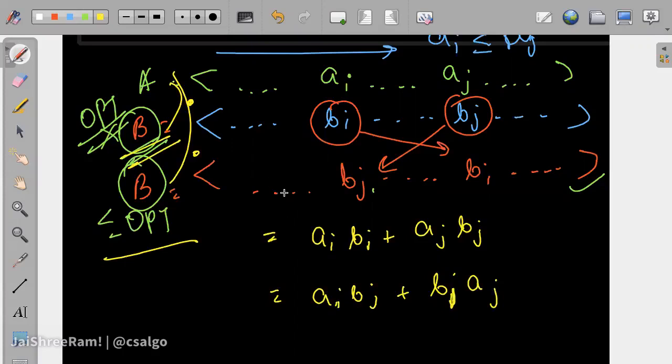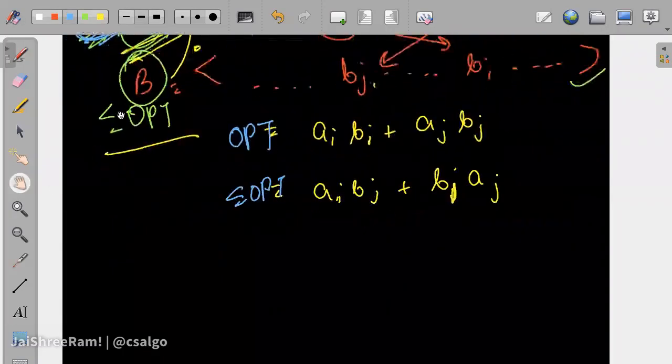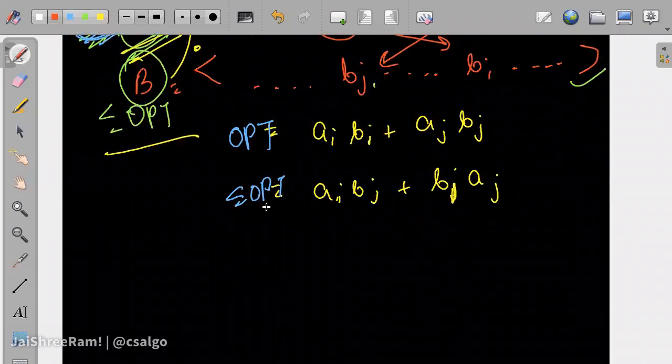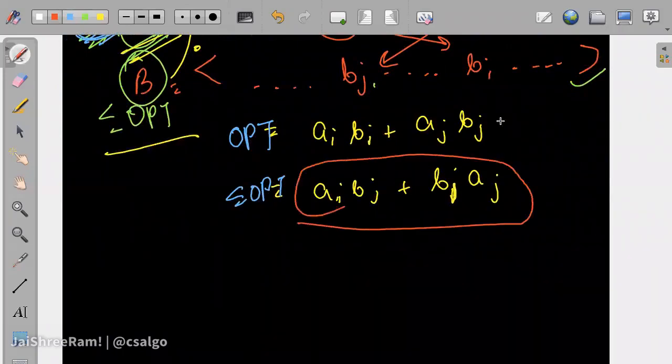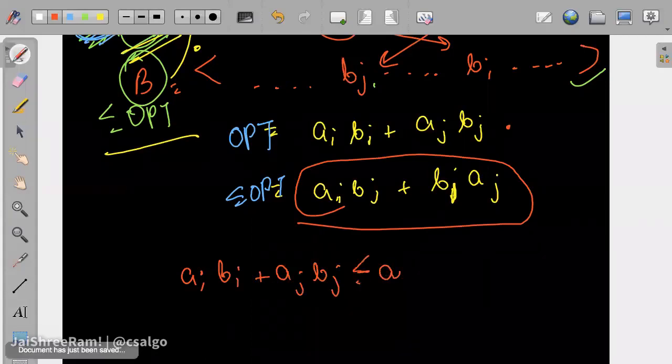Makes sense? Now we say that the first one is optimal, so it has to be less than or equal to the swapped value. So A of I, B of I plus A of J, B of J is less than or equal to A of I, B of J plus A of J, B of I.